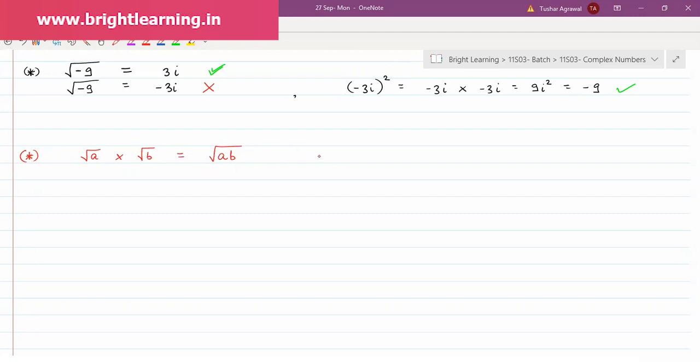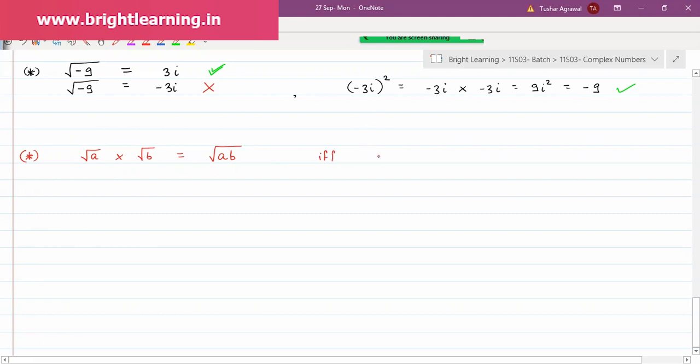This is true if and only if at least one of A or B or both is